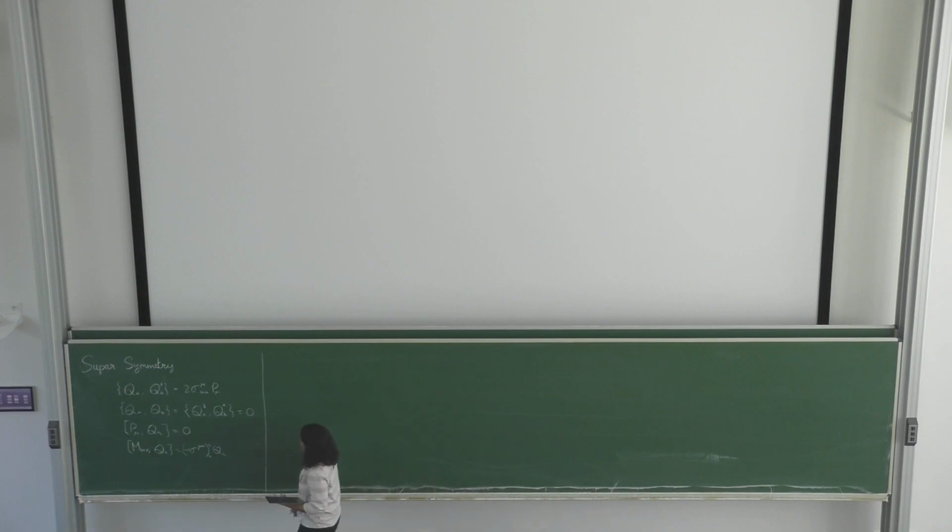Okay, so what is the easiest example? The easiest example is always a free theory. So what if you're looking at just a Lagrangian, which is a free fermion plus a free scalar. Okay. Now, okay. So this